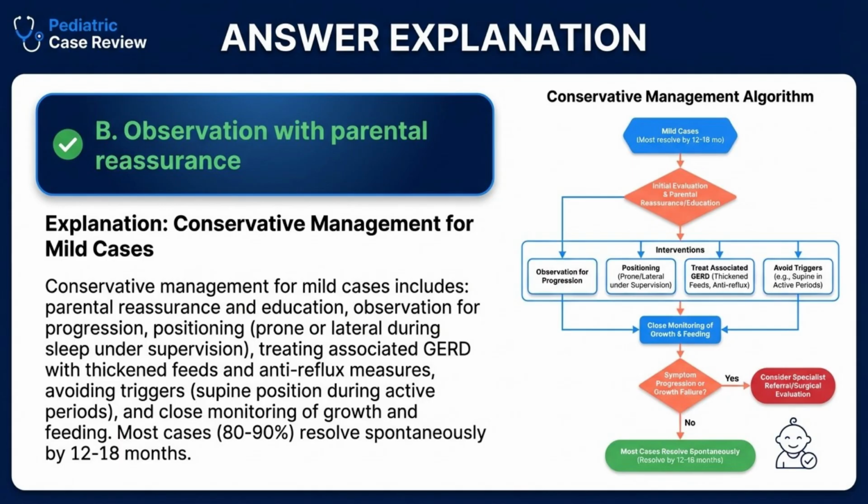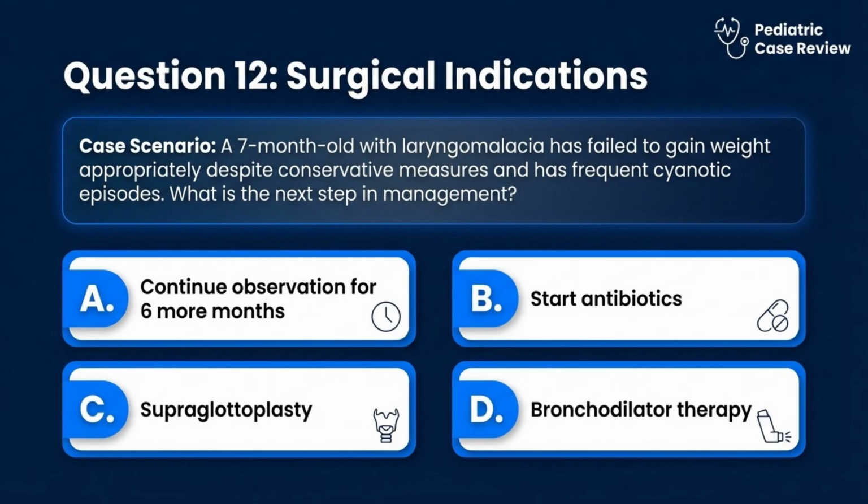The conservative management algorithm dictates that mild cases require education and close monitoring. Interventions include positioning the infant prone during sleep under supervision and managing any associated reflux. Since 80 to 90% of these cases resolve spontaneously by 12 to 18 months, aggressive interventions are avoided unless symptoms progress. Question number 12. A 7-month-old infant with laryngomalacia has failed to gain weight appropriately despite conservative measures and anti-reflux